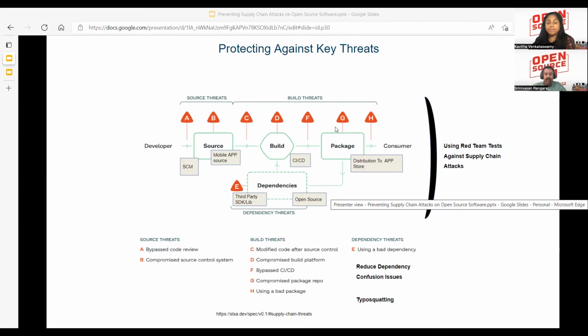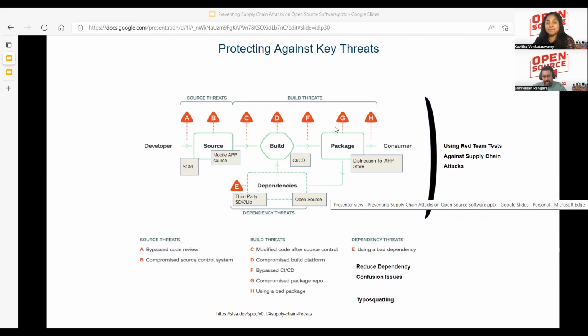Similarly, the integrity of your package is very, very important. There's a potential for the package to get corrupted by a malicious actor or an internal attacker. The chances of leveraging a bad package is the most common one. So we have to make sure there are a couple of eyes watching for any bad packages, and you may have to do some scripting to make sure that you don't bring bad packages into your system. And of course, the dependency threats: we have to make sure your open source and third-party components are up to date, and we don't accidentally bring in bad dependencies.